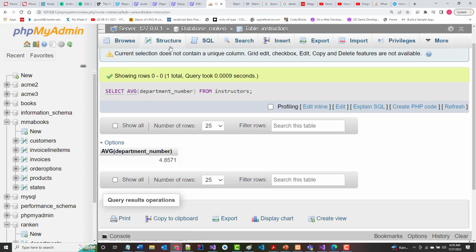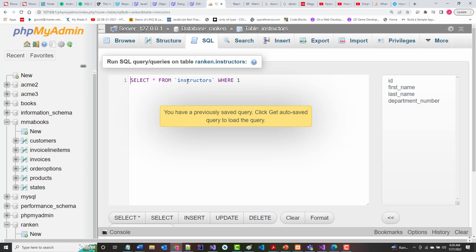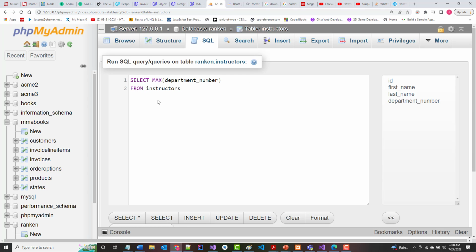Let's look. So let's see, what do we have in here? 1, I think that's 1 plus 10. I thought that was 55. Let's look. Oh, it's the instructors table that we're working with. And remember, there are more than 10 instructors. That's why. So if we selected max department number from departments,